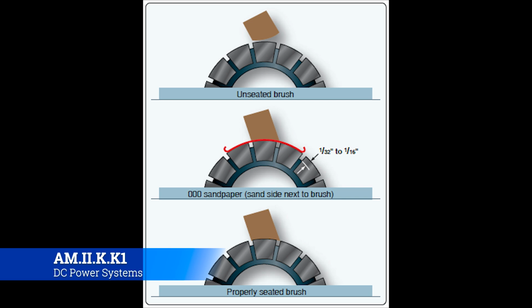Now, I would encourage you, just as a good practice, if you exchange one brush, just go ahead and do them all, so that they're all on the same path. Sometimes you'll get a generator where somebody just did one, and then you'll basically always be replacing one brush on it. Whereas if you replace them all, make them all level set, all the same, then you won't have to worry about brushes except every fourth or fifth inspection, because it takes time for these things to wear down. But brushes by far are going to be your biggest maintenance item on a starter generator,